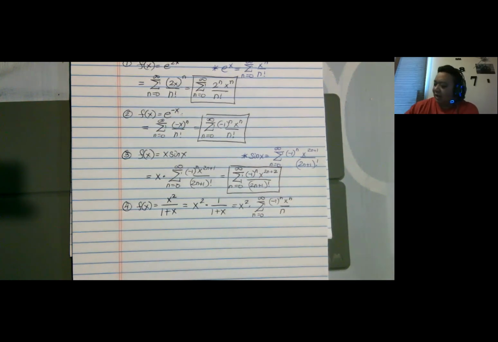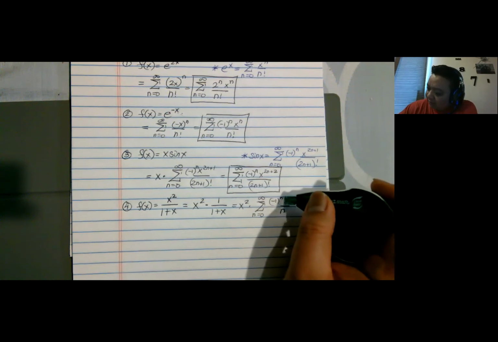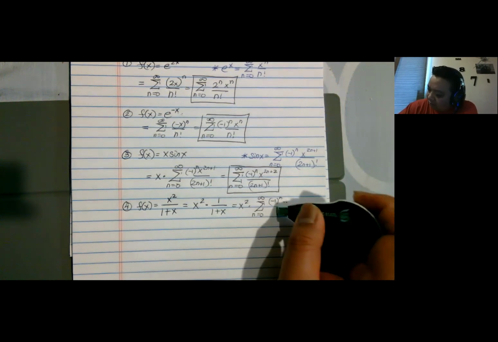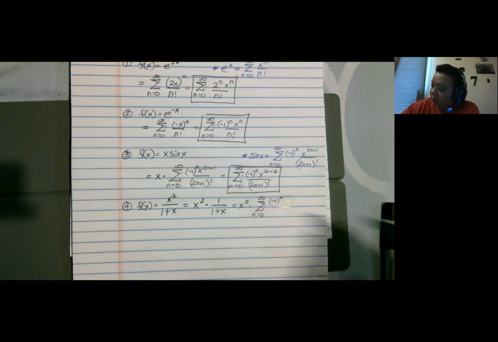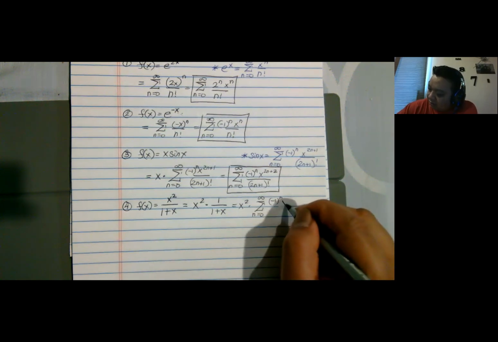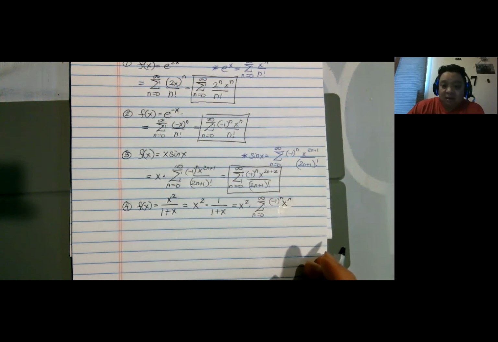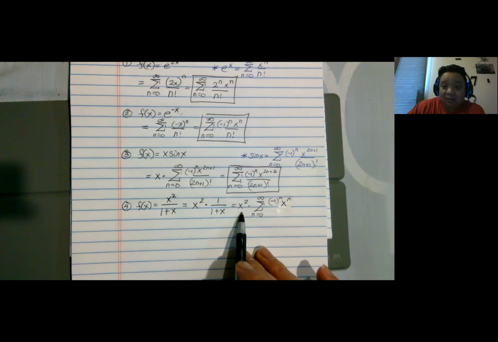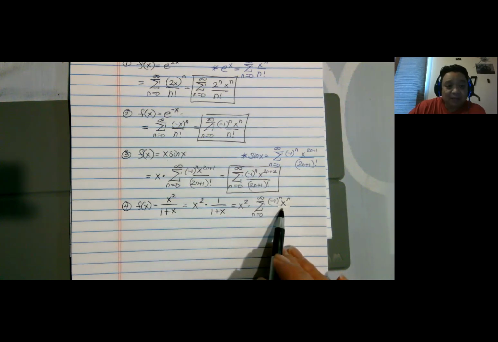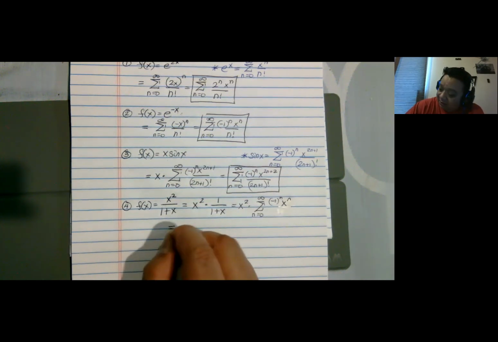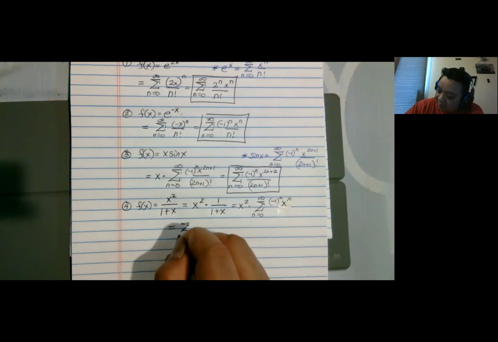Oh, sorry, it's just x to the n. My bad. And so now just multiply by x squared. So the x squared gets multiplied to x to the n. So the power series is n equals 0